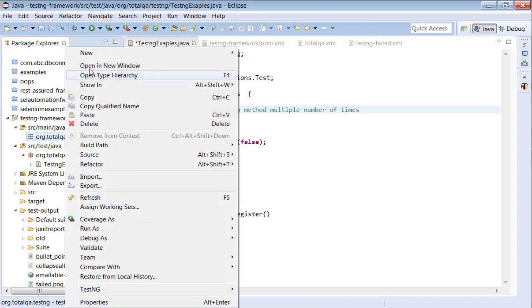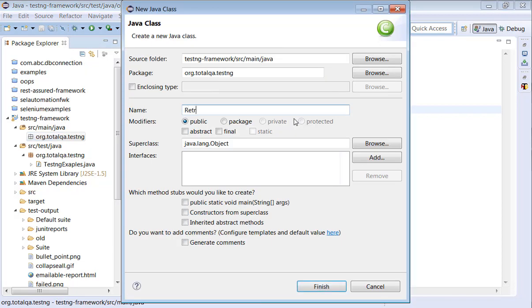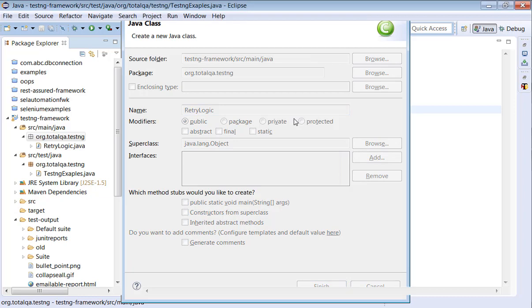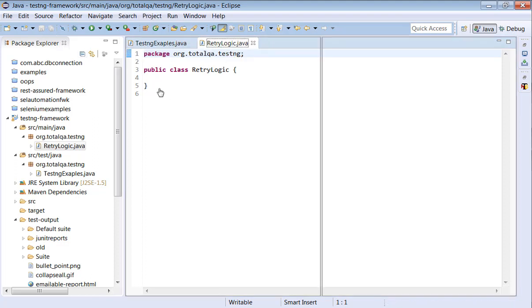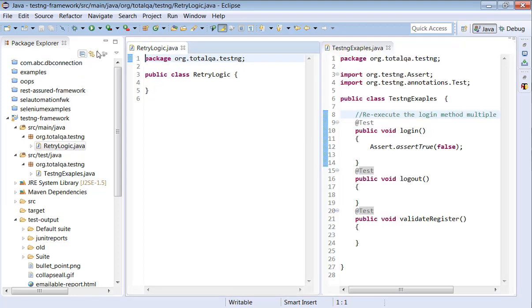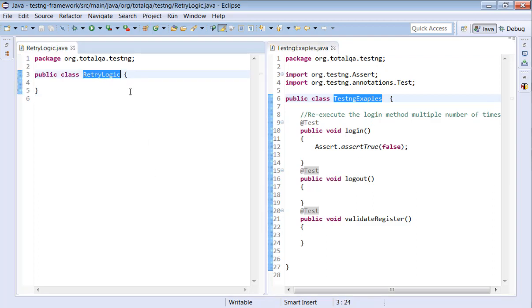Let's create a separate program for this, say RetryLogic. I'm creating another program, RetryLogic, and for our understanding I'll keep these two side by side. This is our TestNG examples class with 3 methods, and we are writing one new program now.